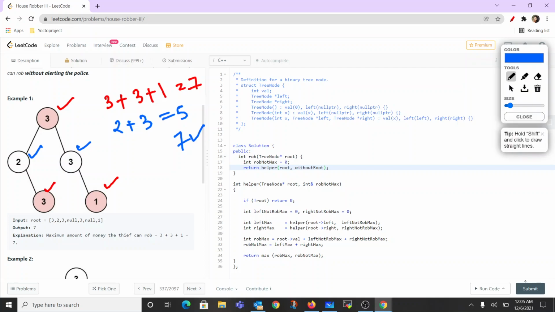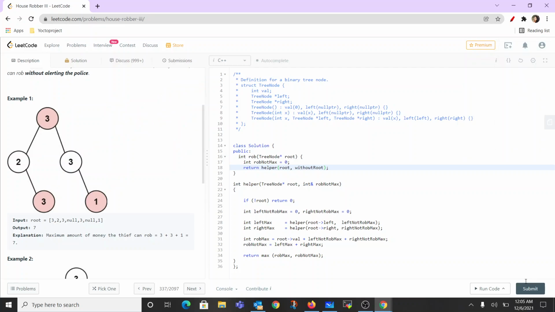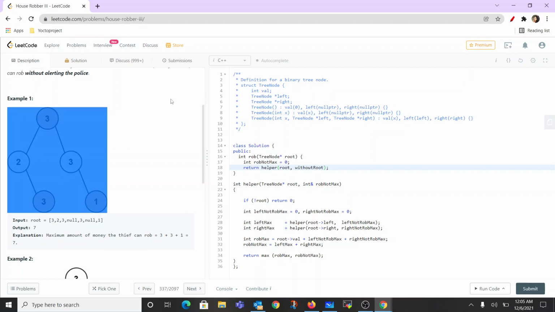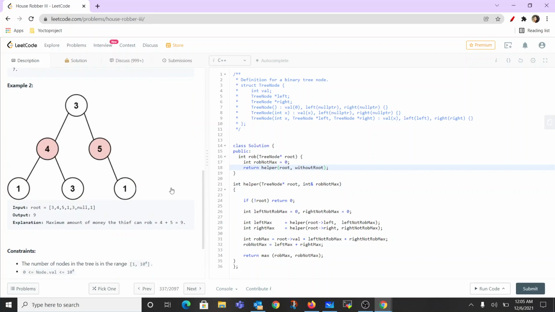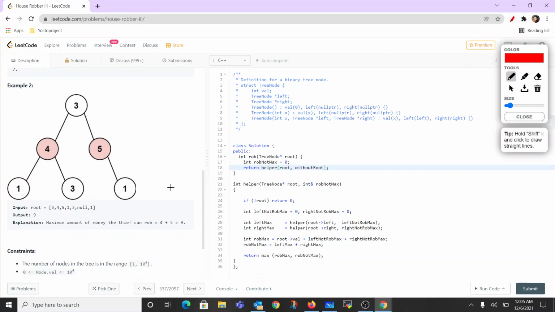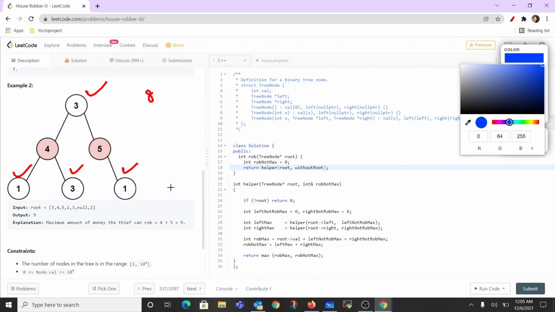So let's take another example, the other example which is given here. In this case, if we choose this 3, then we can choose this and this. 3 plus 3 is 6, 7, 8, so 8 would be returned. And if we choose this part, that is 4 plus 5, then 9 would be returned. And 9 is greater, so 9 would be returned as our answer, right? Here the thing was that all were having the same levels of nodes, right?